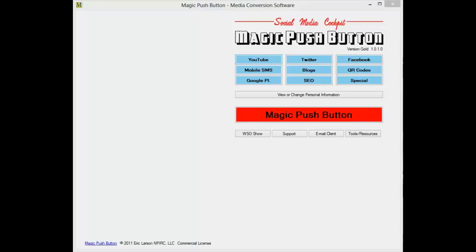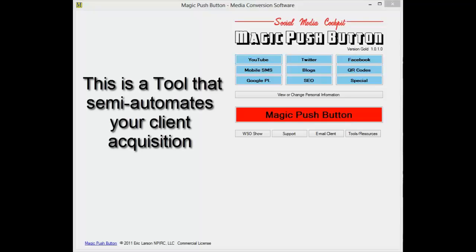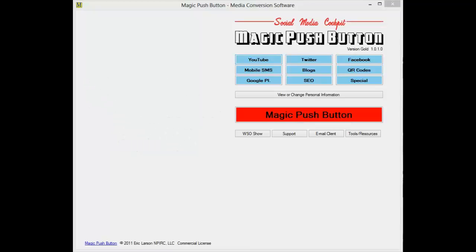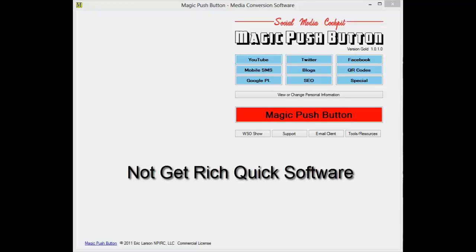I had mentioned that this social media software is a tool, and it's designed to convert prospects into clients. So when you keep it in perspective as to what it does and why it's good, it's like a great tool that you would work on a car. It would almost be impossible to work on a car without it. This tool will semi-automate your marketing efforts to convert mostly online clients and offline clients that need an